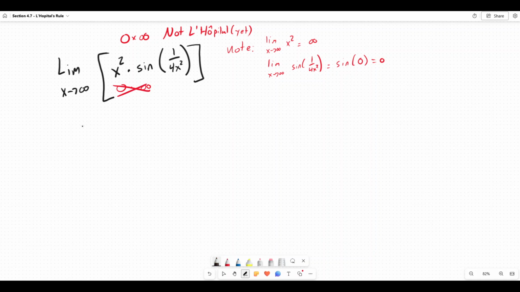So without using L'Hopital, all I could really do is rewrite it. Now, I'm going to rewrite this one as, instead of saying x squared, I'm going to let x squared equal 1 over t squared. Okay? So notice, if I want to get this to be infinite,